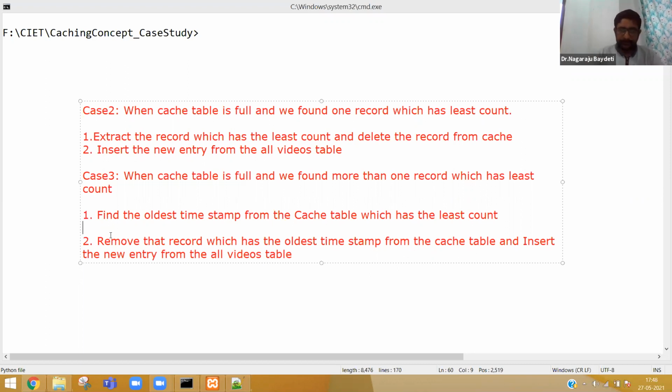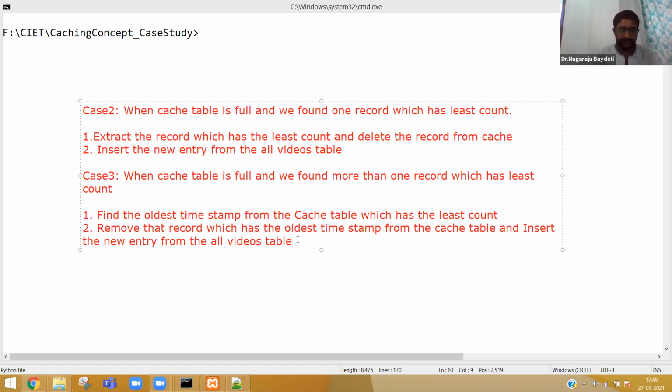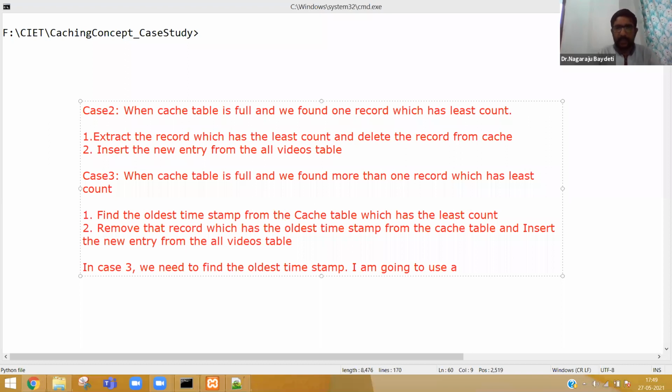Okay. So let me tell you. In case 3, we need to find the oldest timestamp. I am going to use a view concept here. You know what is a view? I told you when I was explaining the database table concepts that there is a view. A view is created from one or more tables.